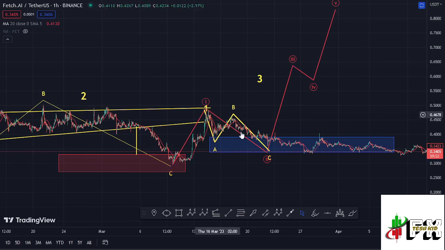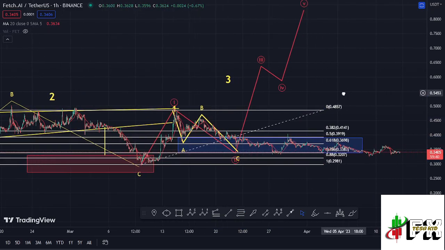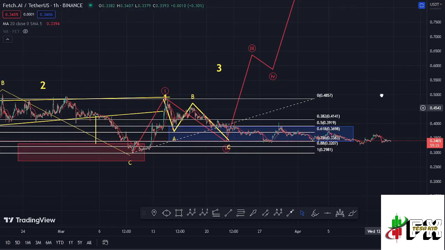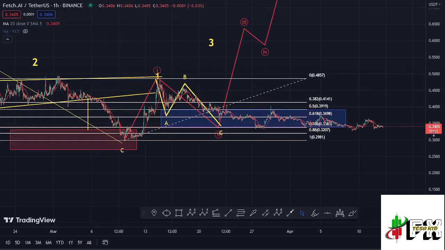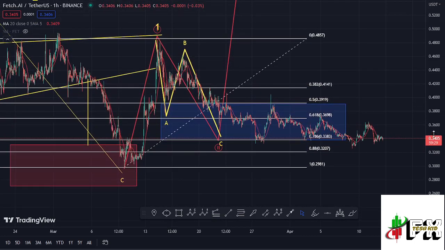and also seen a corrective structure in the formation of this wave 2, and using the Fibonacci's, connecting them from the low of the first wave to the high of that wave 1, I was able to come up with a minimum retracement area in the formation of that wave 2 between the fib level 0.5 and the fib level 0.78, which is a target area at the time of this recording we have fully maximized,